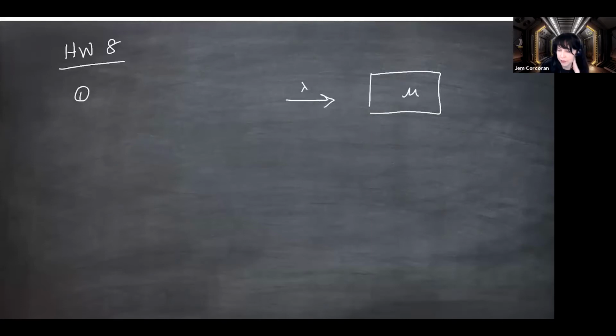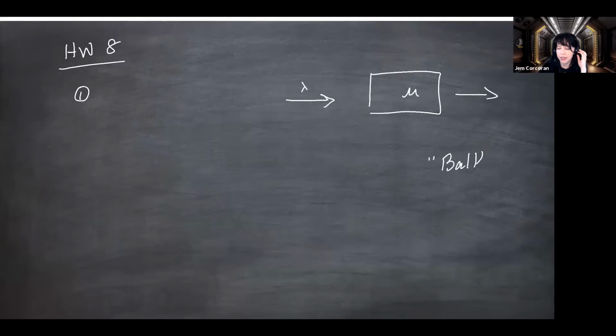We have customers arriving to a single station queue in accordance with a Poisson process with rate lambda. So there's a server or station, and they're coming in according to a Poisson process with rate lambda. Assuming exponential service times with rate mu, we want to find the birth and death rates for this system. It's a little bit different than in M/M/1 because there is this probability that customers will turn around.